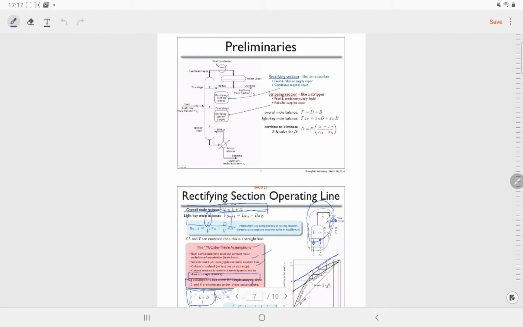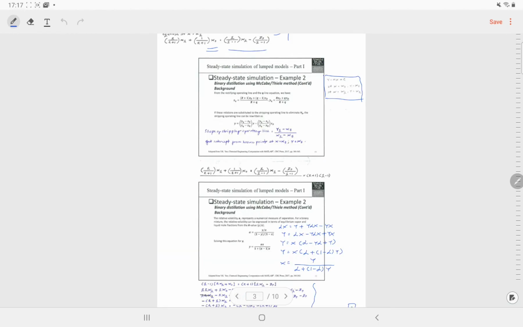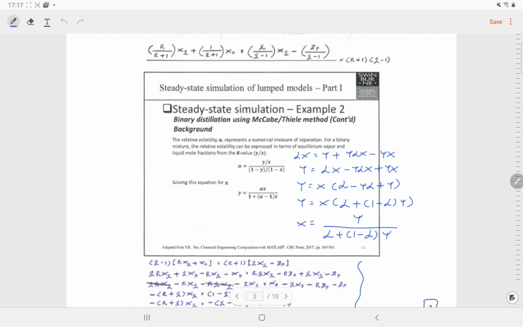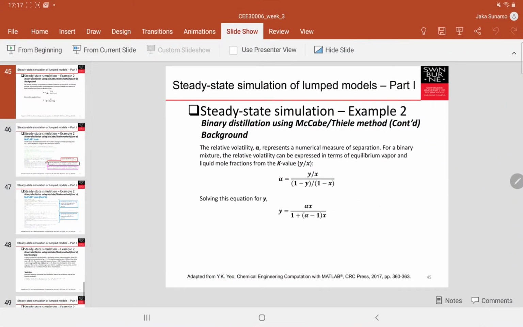I put it in the page here. So y equals alpha x divided by 1 plus (alpha minus 1) x. Then you can manipulate the terms so that instead of y, you can calculate x. Okay, then we go back into the slides.